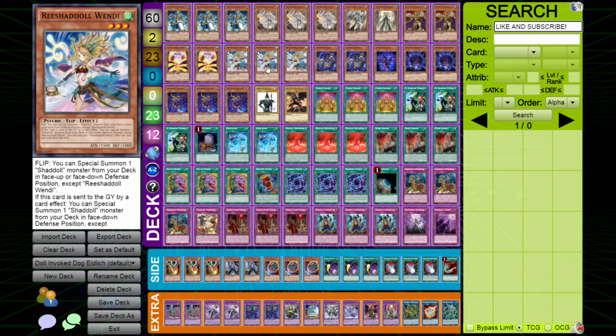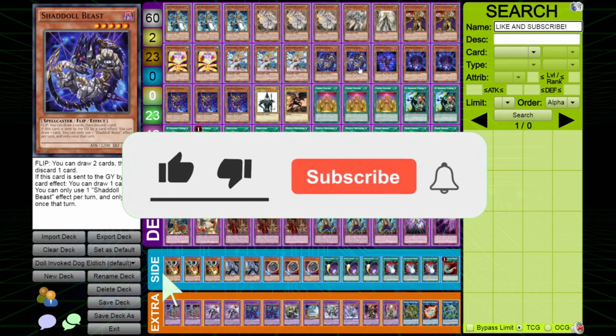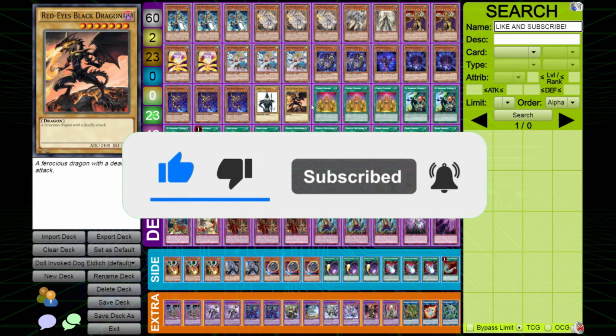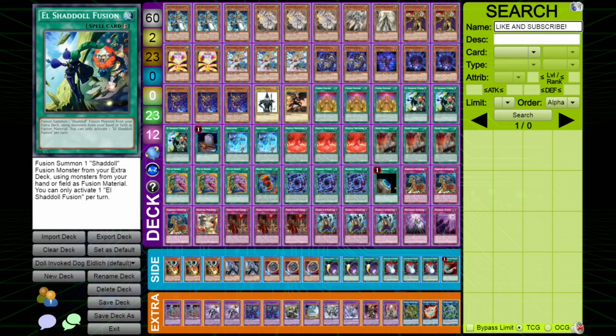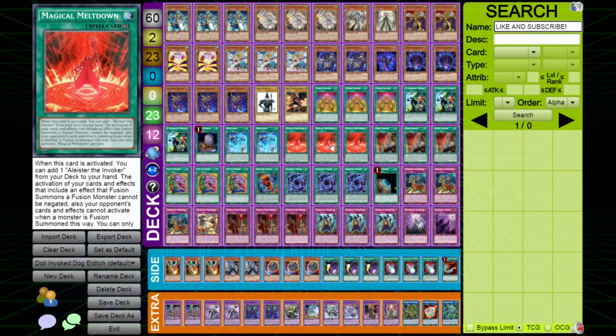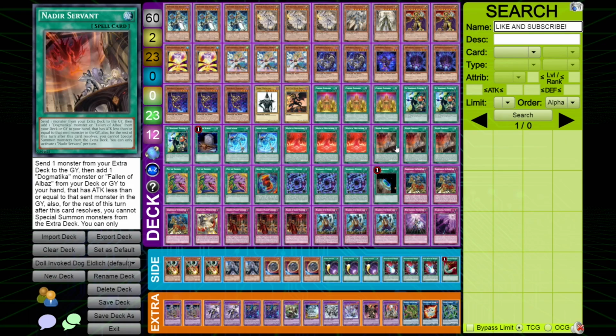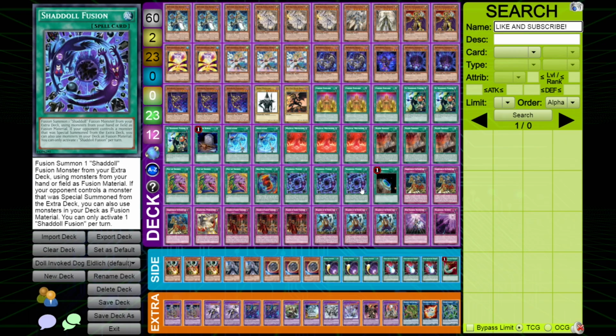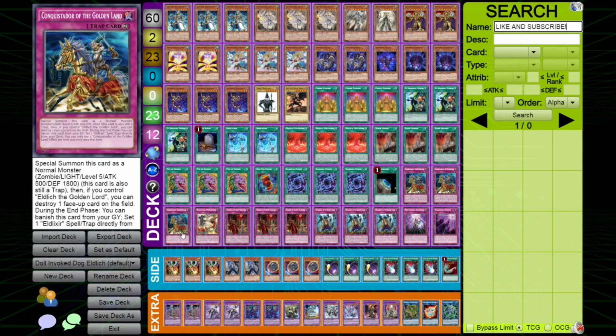I haven't done one of these on the channel in a long time, and I'm sorry I can't do this one in person because I actually don't have all the cards for the deck, but I can definitely explain the theory behind it and what I was thinking when I was making it. So what you see in front of you here is Invoked Dogmatika Eldlich Shaddoll. I combined all four engines into one 60 card monstrosity, and this deck actually just works super well in